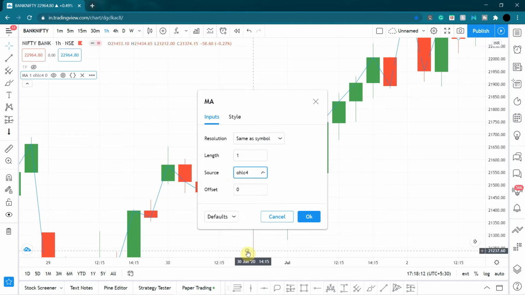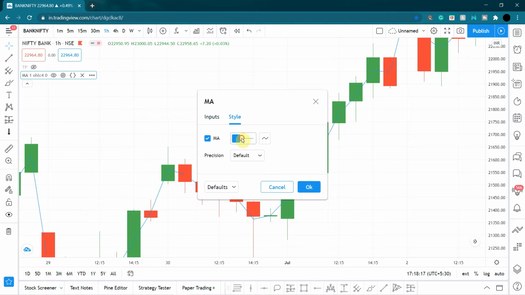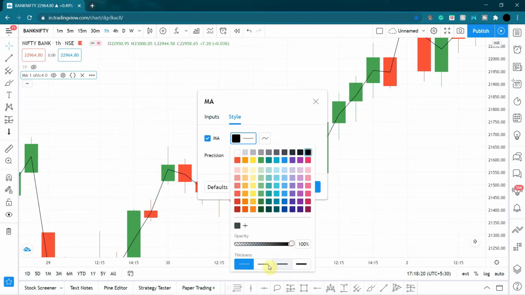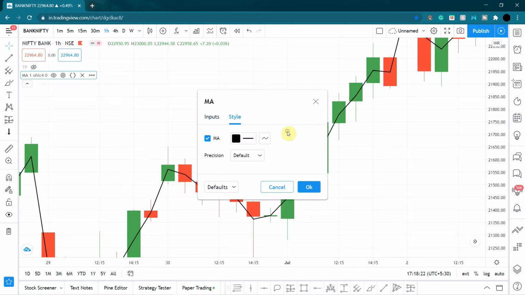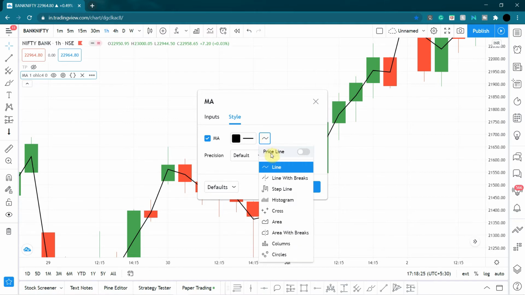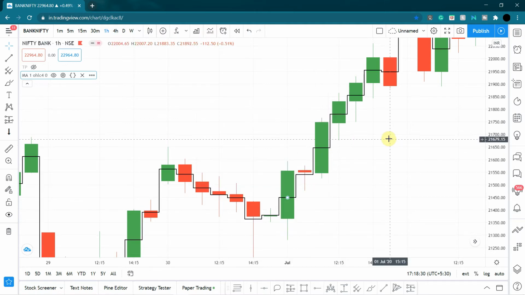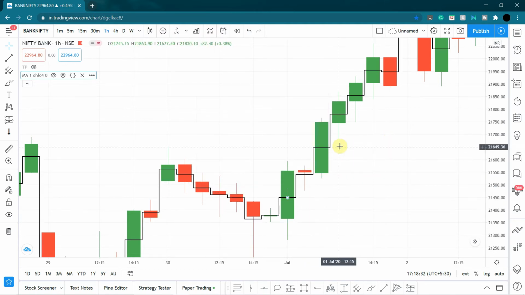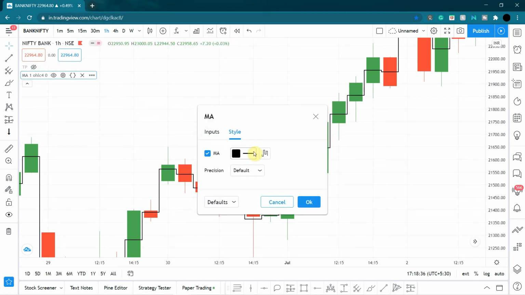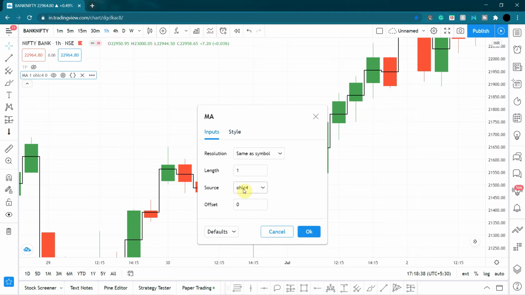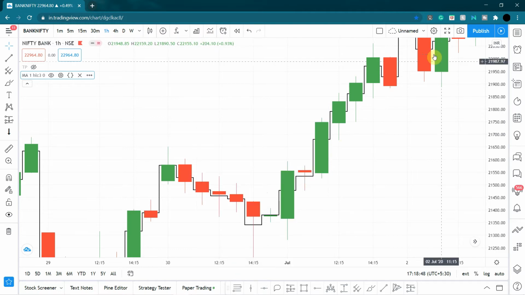And once you're done with that, again, let's just change the style a bit so that it's much easier and visible. And again, the option over here of line, just change it to step line, and there you go. So again, this is not as accurate as the typical price, but you can even change the input. Instead of open, high, low, close, you can even select the high, low, close, divide by 3. Even that is fine, and you can get the mean of each and every candle.